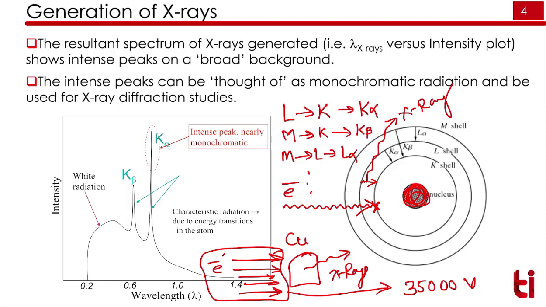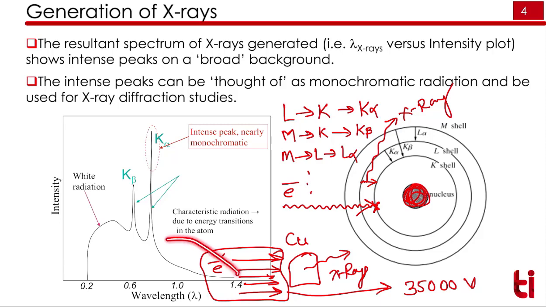If you measure the wavelength of the X-ray coming out from the target and its intensity, we will get a plot like this. The x-axis is the wavelength, the y-axis is the intensity, and the wavelength changes from 0.2 to 1.4. Now you may ask: if the voltage is fixed and we have a copper target, why is there a change in the wavelength? This change is because X-ray generation is from multiple shells, not from a single shell, so the wavelengths are mixed together.